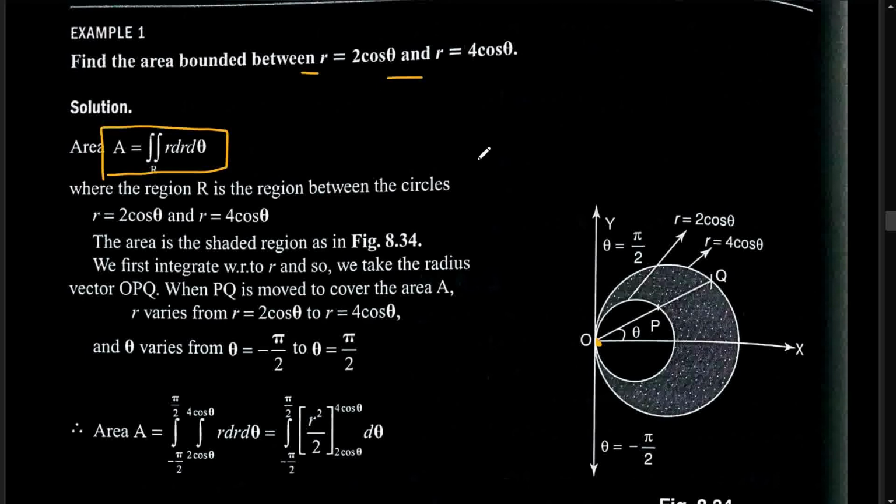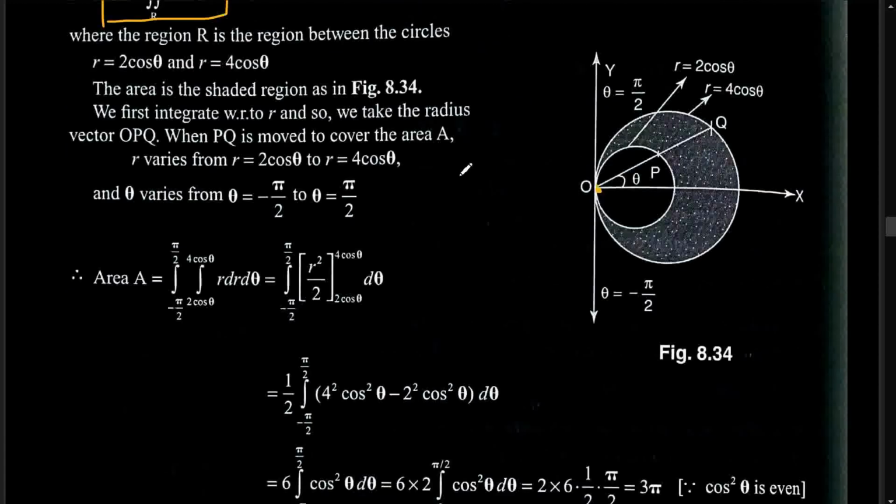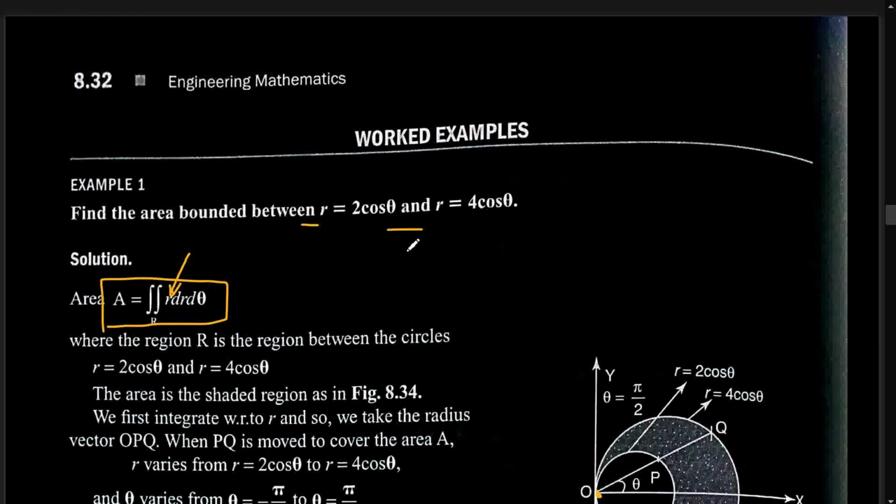There, as usual, simple double integration, but here this r is mandatory. Everyone will make a mistake with this r. They used to forget this r. This is very important, and you should not replace this r with 2 cos theta or 4 cos theta. R should be r there. That's very important. So these are all the circles after drawing them roughly